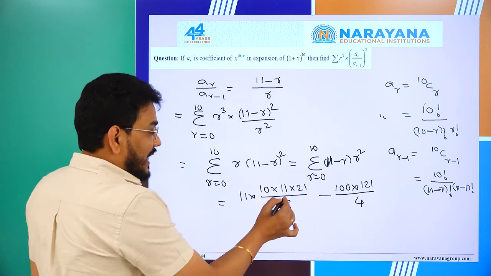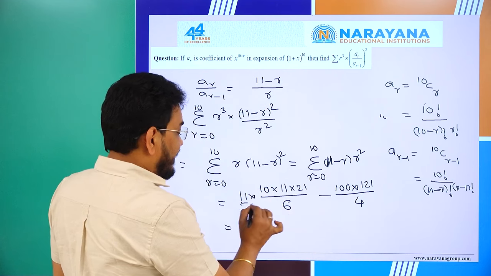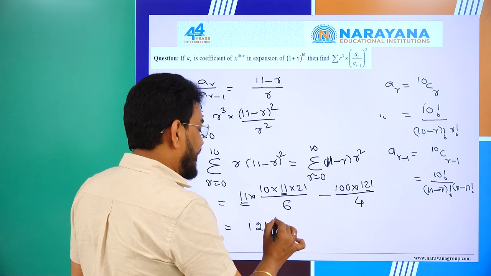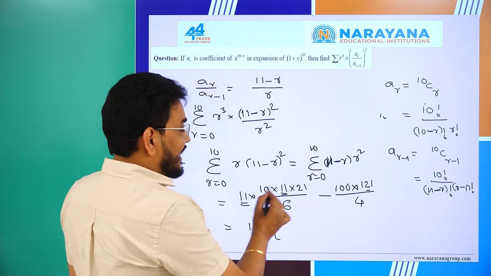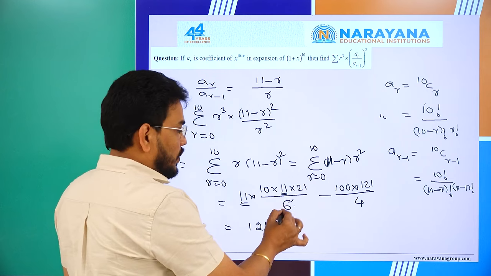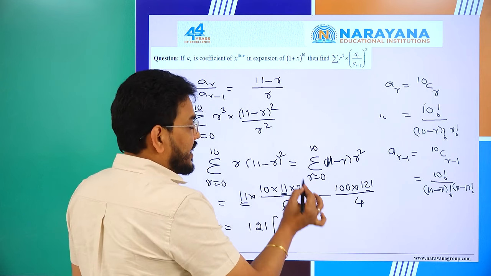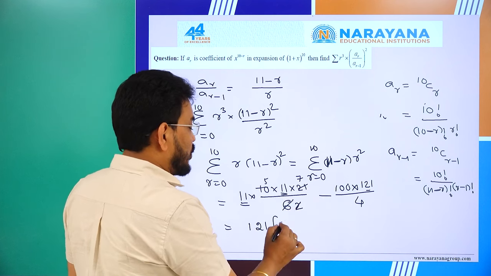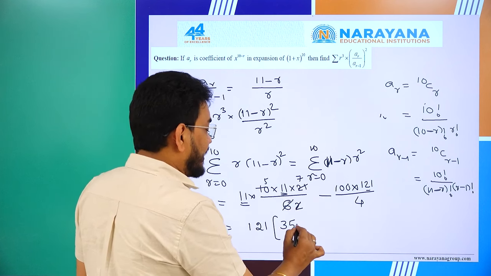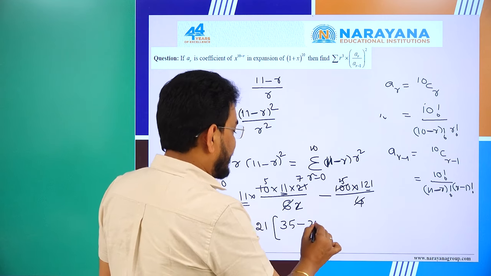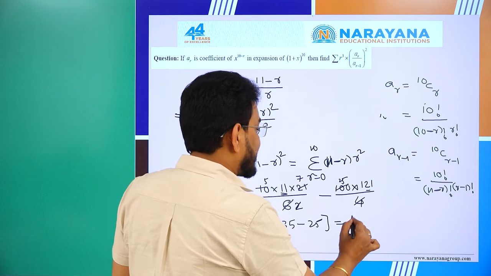So look at here, 11 into 11, 121, let me take 121 common, here 10 into 21 by 6, so 35, minus 25, so the answer is equal to